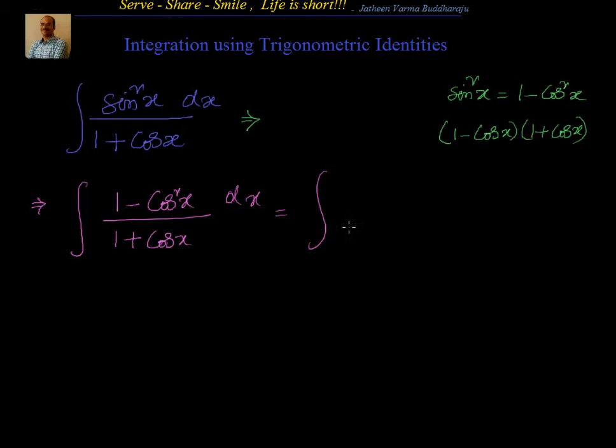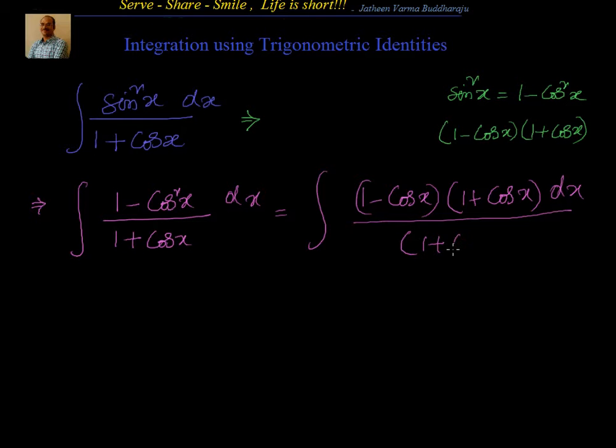That's equal to integral of 1 minus cos x into 1 plus cos x dx divided by 1 plus cos x. Now 1 plus cos x, 1 plus cos x cancels. We are left with integral of 1 minus cos x